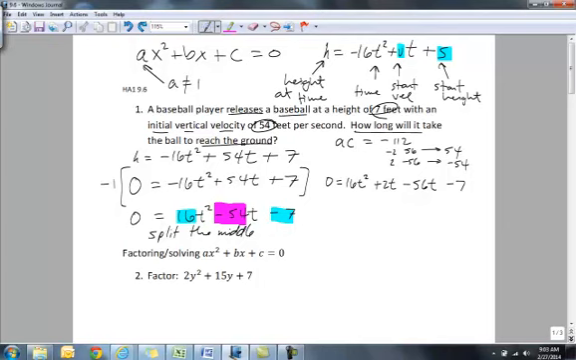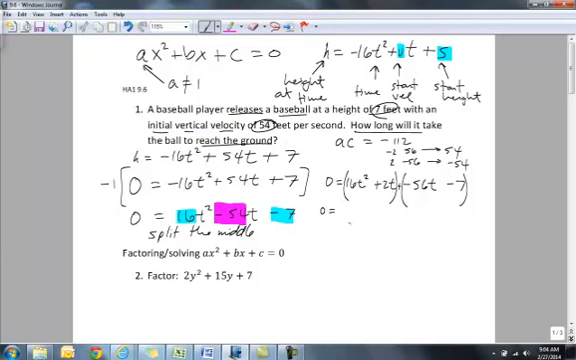So here's what we do. We're going to group the first 2 terms like this, and then we're going to group the second 2 terms. I'm going to squeeze a plus sign in there so we don't get confused. And we're going to factor the greatest common factor from each of those terms. So I've got 0 equals,